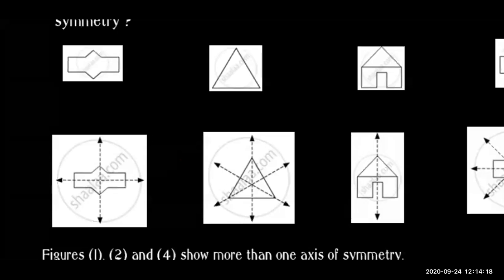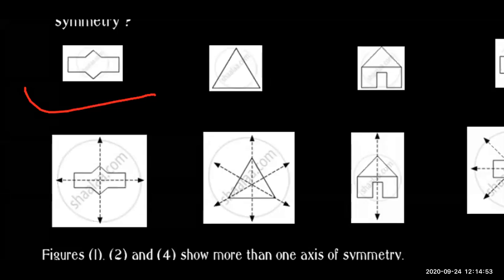Now we will start our practice set 20. See here, there are some pictures. Draw the axis of symmetry of each of the figures below. Some figures are shown; you have to draw an axis. Which of them has more than one axis of symmetry? You have to tell us which figure has more than one axis. Now you will see the first picture.